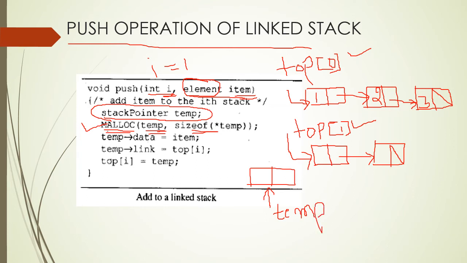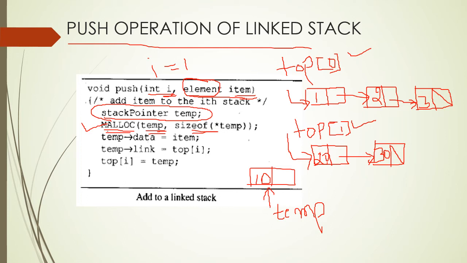I already mentioned that I'm trying to insert an element into stack number 1, that is, in my case i is equal to 1. So temp of data is equal to item. Let us assume that item is 10. Here 20 and 30 are already present in stack number 1. You are inserting a new element 10, which should come above these, in front of these elements.